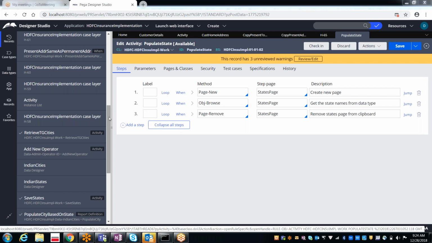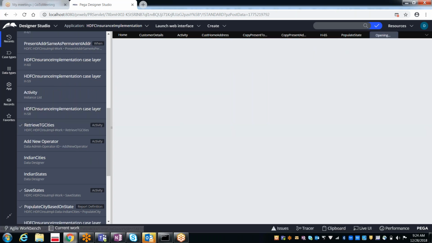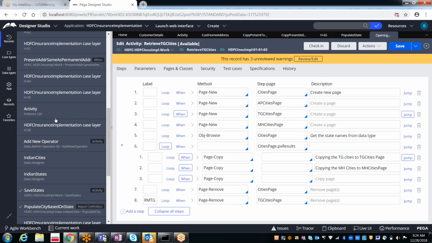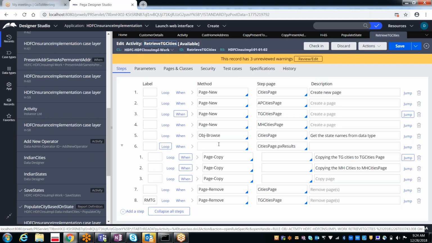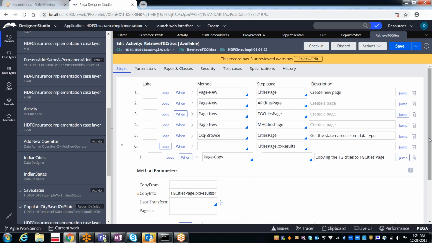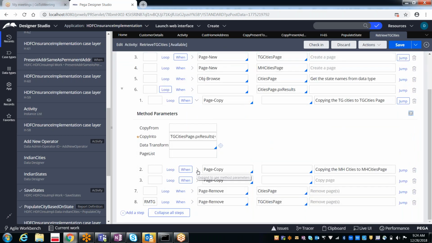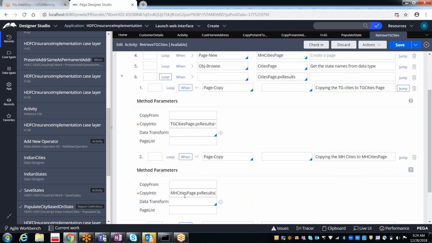And then we also did copying, right? Copying the data to some other pages. After browsing the cities, we copied to various other pages, like TG cities page, AP cities page, and MH cities page.